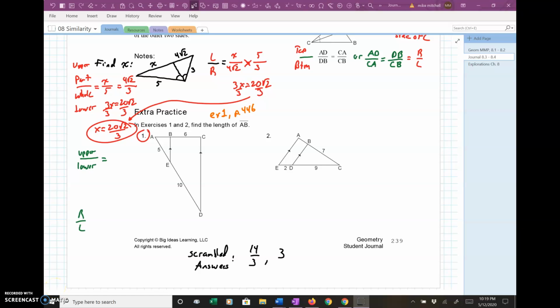So on number 1, we want to find the length of segment AB, that little piece right there. I'm going to go upper part to lower part. Generally, we start these off with numbers. I'm going to go 6 to 10 because that has my numbers. It's kind of giving me a scale factor. Equals AB to 5. If I can reduce this to 3/5, well, 3/5 has to equal 3 over 5, or